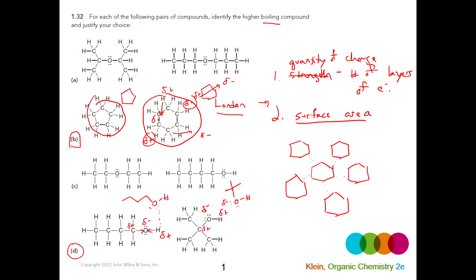The difference is this branched carbon structure is more compact and spherical versus this more extended chain structure, which has more surface area. So with more surface area, there's just more opportunities for the electron clouds in small areas around that surface to temporarily shift in one direction or the other and create tiny areas of partial positive and negative, so the molecule can attract neighboring molecules. When the surface area is more compact, you're just not going to get as many temporary partial positives and negatives